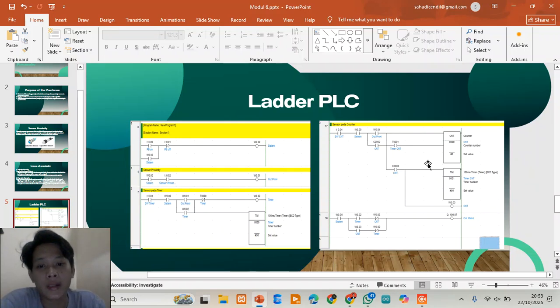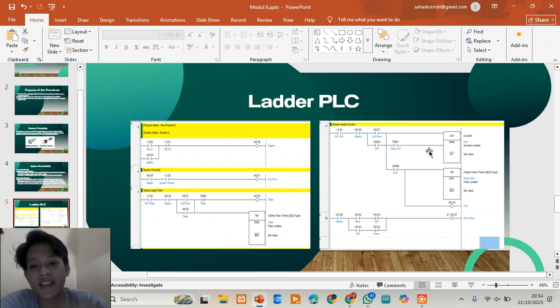And here is how it works. In this rung, when the system is on and the switch timer is active, the circuit waits for a signal from the proximity sensor. When the proximity sensor turns on and detects an object, the timer T000 begins counting.